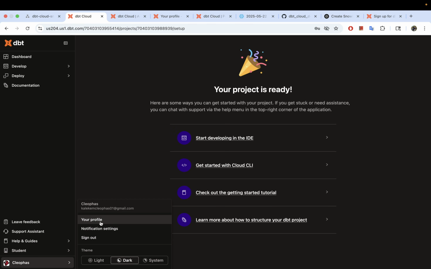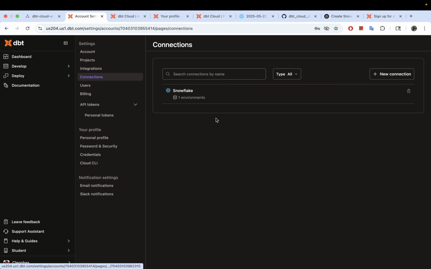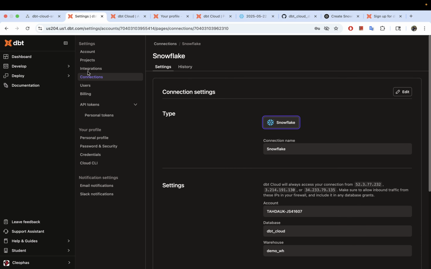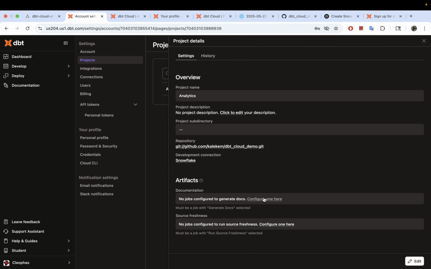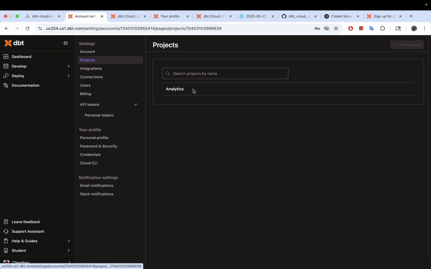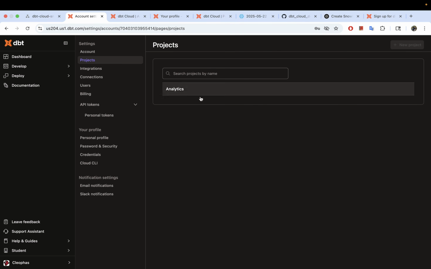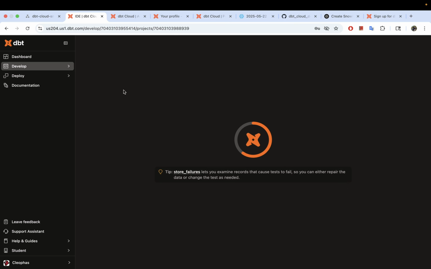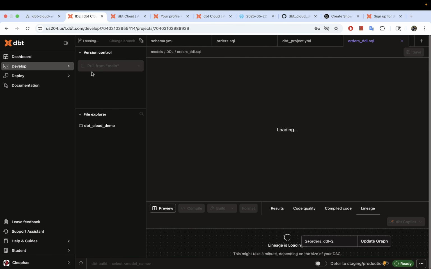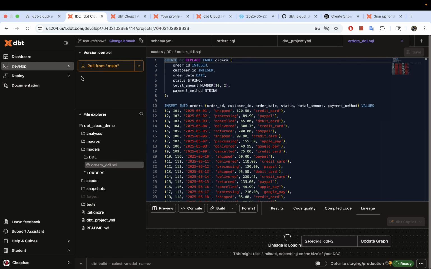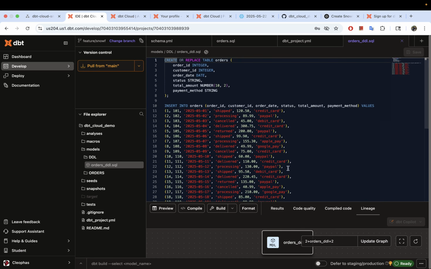So we went through the process of creating the connections. We created our connections to Snowflake, right? And then we created our project, which we connected to our repo. Okay, and then in our credentials here, you can see we have our connections, right? That's where we define them. And then at the end, we were able to write our scripts using the Cloud IDE right here. We created our models, and we were able to push these changes to